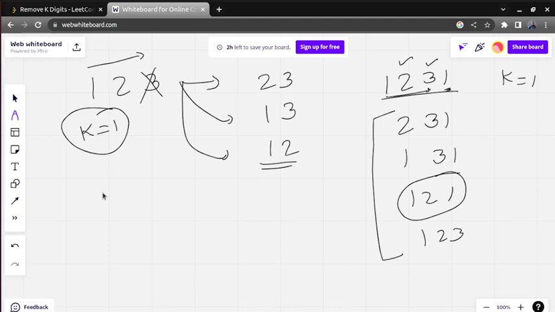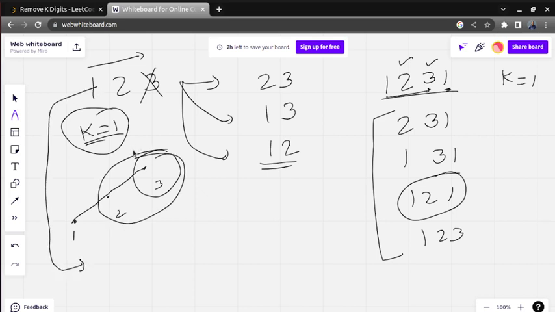As you can see, if you plot the numbers, it is like this. Let's say this is 1, this is 2 and this is 3. So they are in increasing order. If the numbers are in increasing order, you can remove the last element if k is equal to 1. If they told you to remove 2 elements, you can remove the last 2 elements. So if 2 elements need to be removed, there are these 3 possibilities, and the smallest one will be 1. It means we need to remove the last 2 elements.